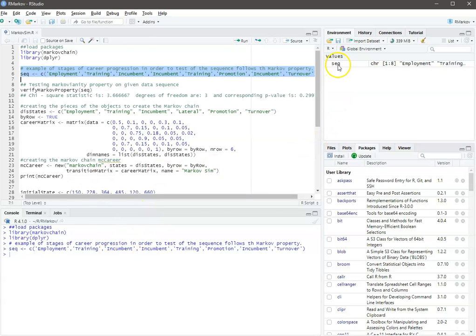so now I have this object of the sequence, and now I want to see if this sequence has a verified Markov property. So I'm going to use the verify Markov property function, and I'm using the object sequence. I'm going to run it, and all it has done right now is